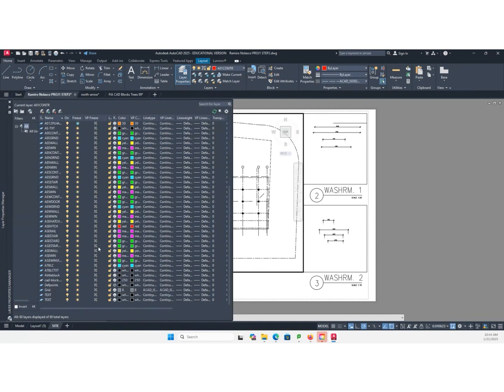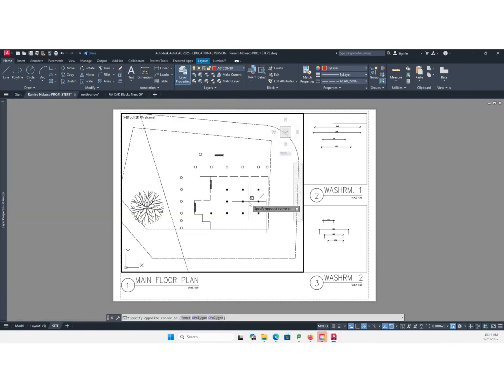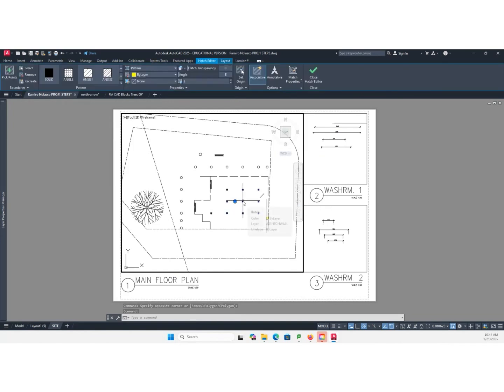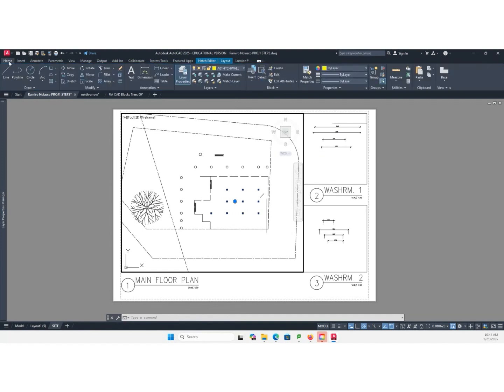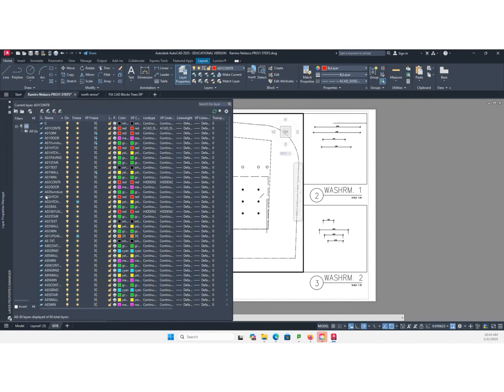I don't need the grid, so do we have a grid layer? There it is. Turn off the grid. Turn off the column. I think I placed that under column. I thought that, let me just check what layer this guy belongs to. That's in the hatch wall. Okay, hatch wall. Okay, turn off the hatch wall.